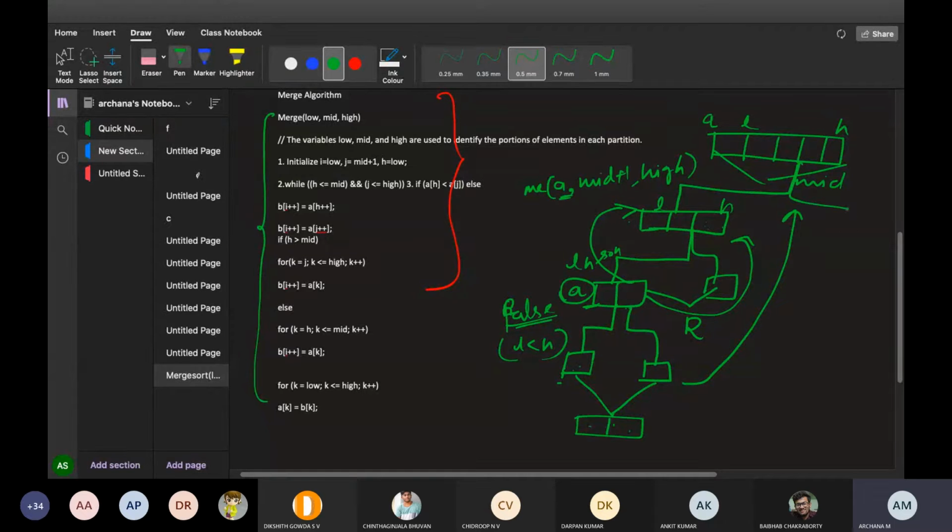Now go back to the main problem. In the main problem, the right hand side will come. Now again, the left hand part will come. Entire thing, all the left hand subparts will be done properly. Then again, right will go. Again, right will be done. Again, right will be done. Finally, you'll get one solution. Combine those two solutions, you'll get the answer. Understood? This is how merge sort will work according to the algorithm we have given.